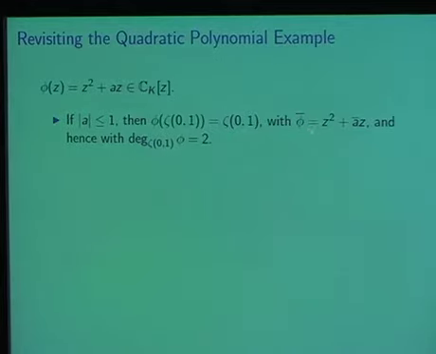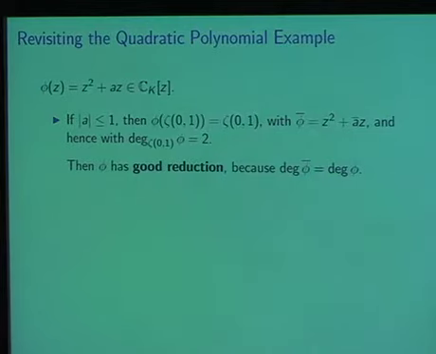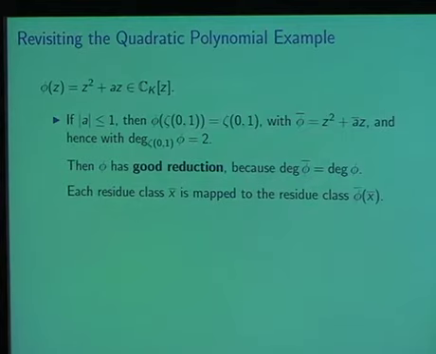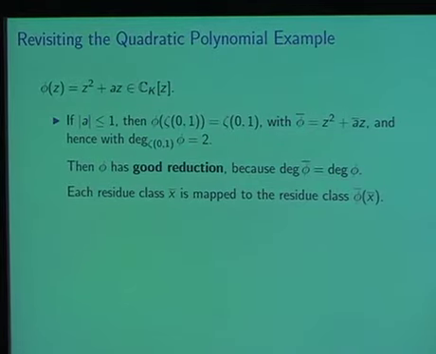And indeed, the reduction of the map there is just, well, take this and reduce the coefficients mod the maximal ideal. Because the absolute value of c is less than or equal to 1, you can do that. And this map here, defined over the residue field now, has degree 2. So that's good reduction, or in particular, it's non-constant reduction. That's good reduction because the degree did not drop. And indeed, I'm asking you to accept something on faith as usual, but it turns out whenever you have good reduction, whenever the Gauss point maps to itself, so in other words, the reduced map is non-constant,